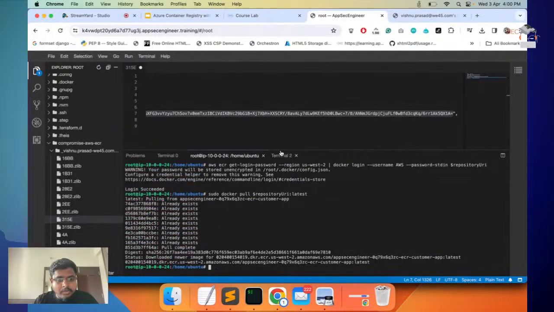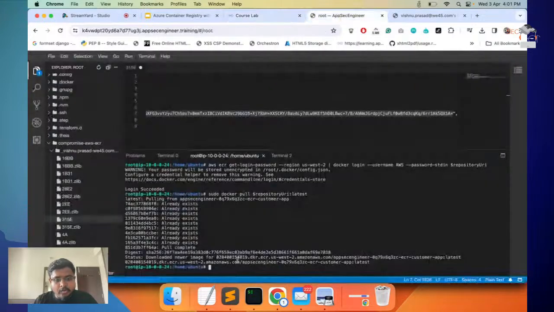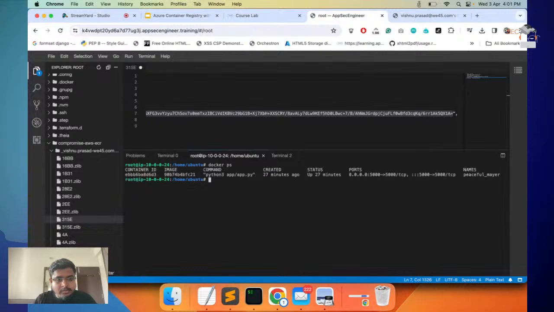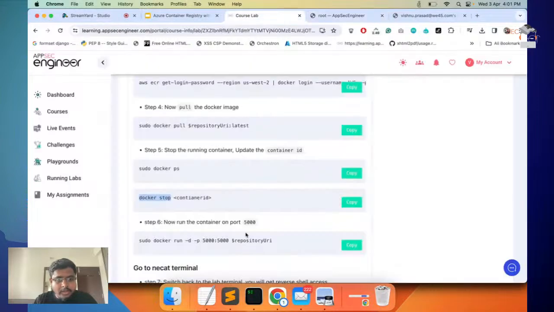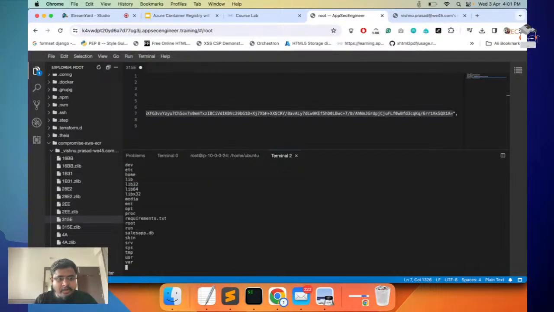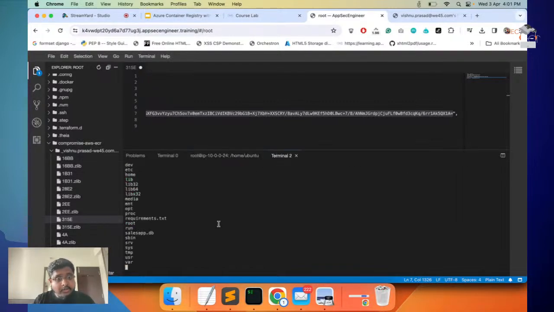Right, now I'm going to stop the existing container, which is the safer version from before, and I'm going to run the vulnerable version. Just do docker ps, and there is a running container here. Just do docker stop with the container id. This will stop the previous one, and you can bring up this newer container that has been cloned from our ECR. Yes, now that this is running, you can see that we have got the reverse shell for this EC2 instance. That is a persistent reverse shell, where whenever the container is up and running, an attacker will